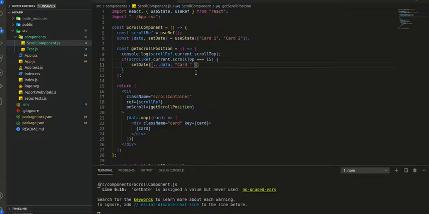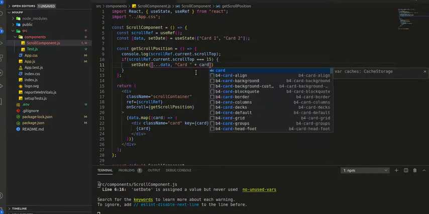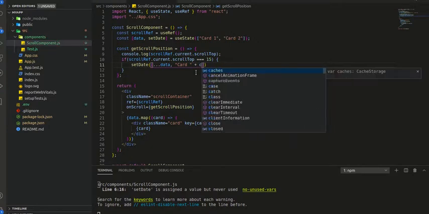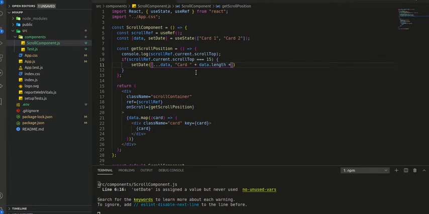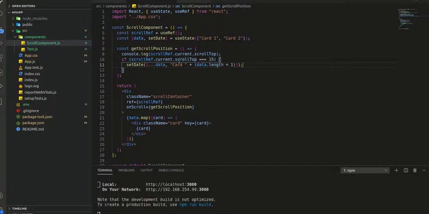So how can we get that? We can get that by using the card array, or our data array dot length, which will give 2. So if we add +1 to this, it will give 3, and in this way we can get the subsequent card number. So in this case we will get the card number 3. So let's first check if this card 3 will be added or not according to our logic.